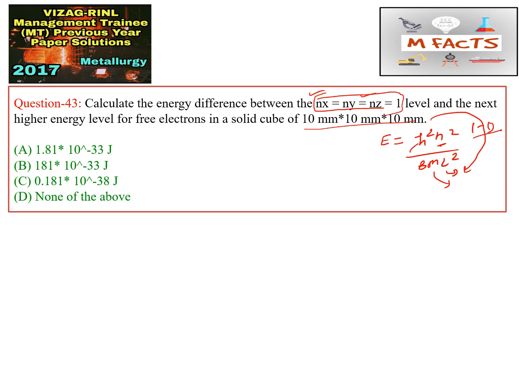Okay, they are talking about a 3D, three-dimensional solid cube, because they are asking about Nx, Ny, Nz. In a three-dimensional solid, the free electrons can move in any direction in space. So the three quantum numbers Nx, Ny, Nz are given to the corresponding three coordinate axes. So what we can do is replace this n value by Nx, Ny, Nz, after adding all those coordinates.